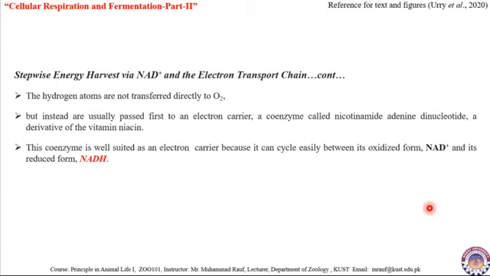Recall from the first part of this lecture that a molecule, when it loses its electrons, becomes oxidized, and when it gains electrons, then this molecule becomes reduced. So NADH is the reduced form of NAD+, and NADH is carrying high energy electrons, which can run the affairs in the electron transport chain. So just like the name suggests, the electron transport chain, in this chain, which takes place in